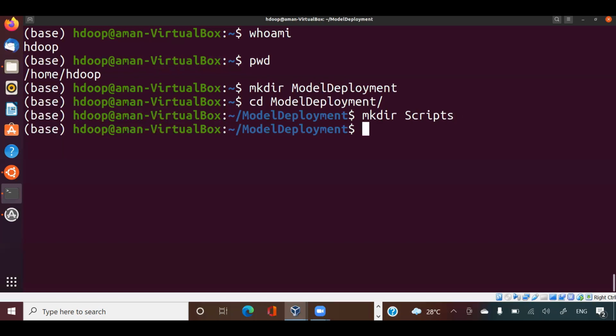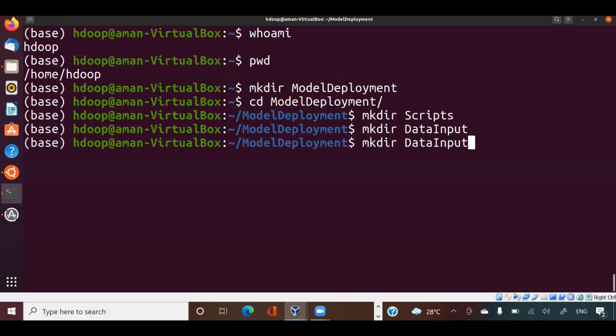The next folder I want to create here is training input, or data input. Training will happen and prediction will happen, both through some data, right? So data input is where all that input data will go. The next folder I want to create here is data output. Data output means once model training and prediction happen, some data will get generated, and I will place that here.